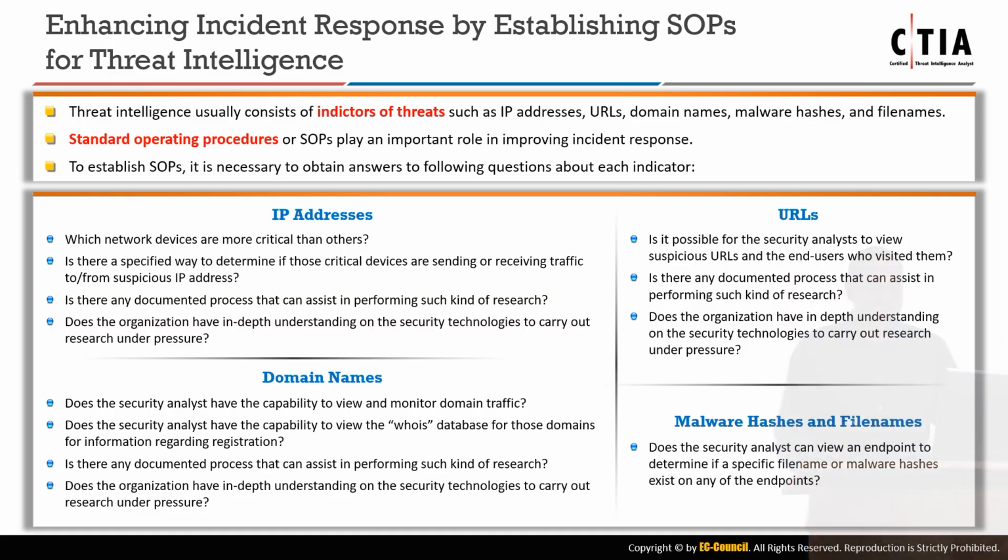Is it possible for the security analyst to view suspicious URLs and the end users who visited them? Most organizations have at the edge of the network some type of capability of monitoring all of the traffic into and out of the organization so that they can control access to the types of sites that are allowed by employees and that are not allowed by employees. And because of that, they have the ability to track exactly which URLs were accessed and which weren't. And in the case of an organization that does not have that capability, it needs to be installed